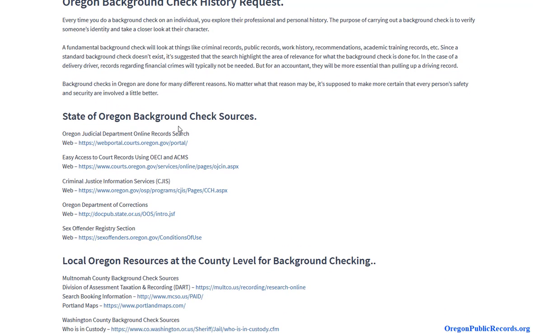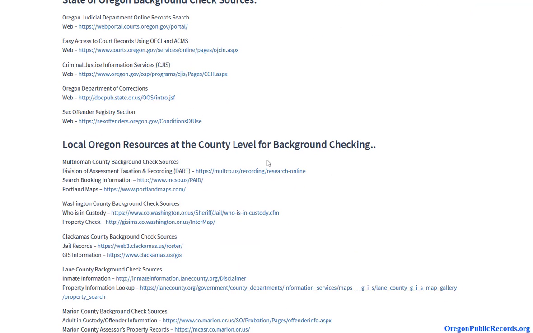If you scroll down, you'll notice you have statewide resources, so anything from court records to requesting criminal justice information, to reports to the Department of Corrections, which are prison records, and the sex offender registry. Then if you scroll down, you also have county level resources that you can use. So depending on what type of research you're doing in your background check, let's say you wanted to focus more on